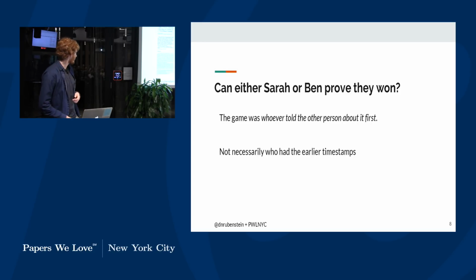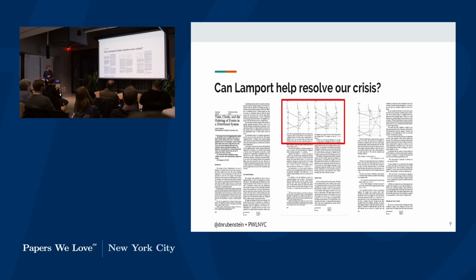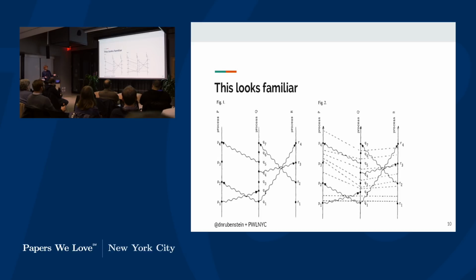I want to introduce the paper. This is the paper. It's got that nice, beautiful, academic 2-column font. If you squint a little bit, you can see the abstract. Maybe there's a picture there. I want to call your attention to this picture because what is this picture? It's a process diagram, and it looks a little bit familiar, right?